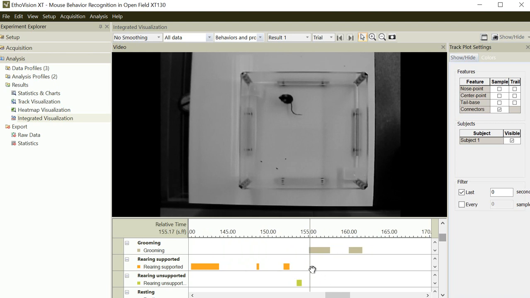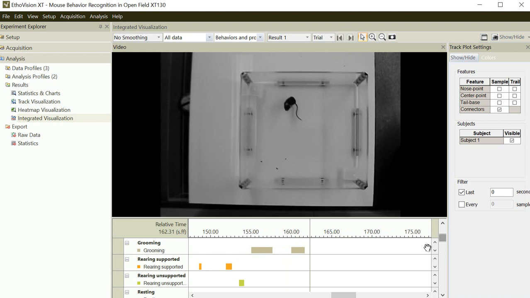This is crystal clear that he is grooming. And grooming again. So this is the result